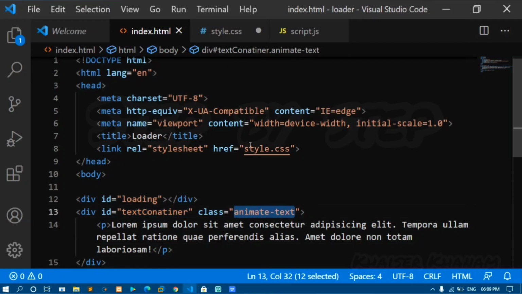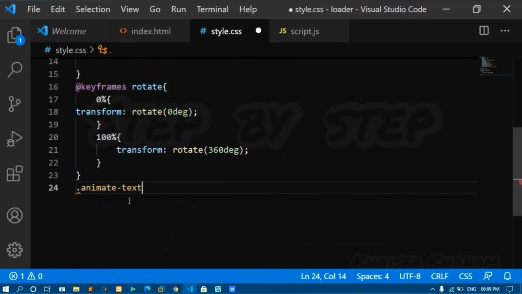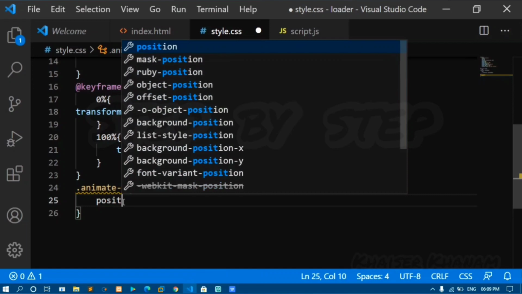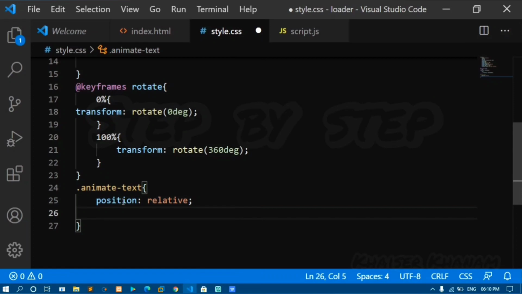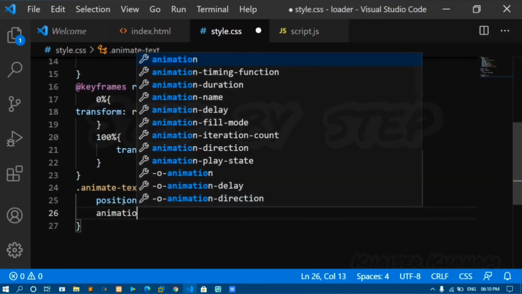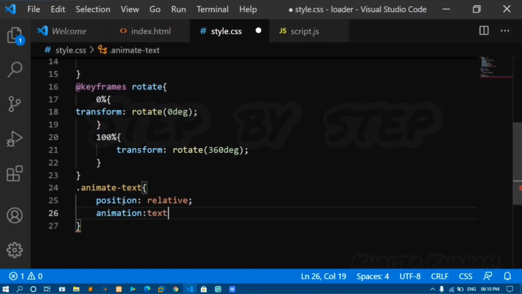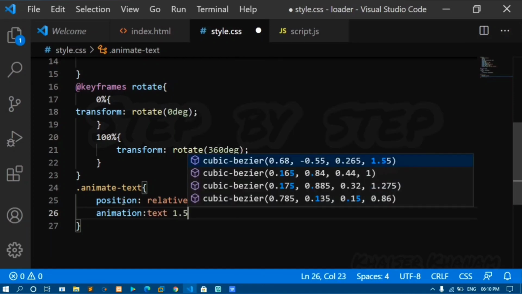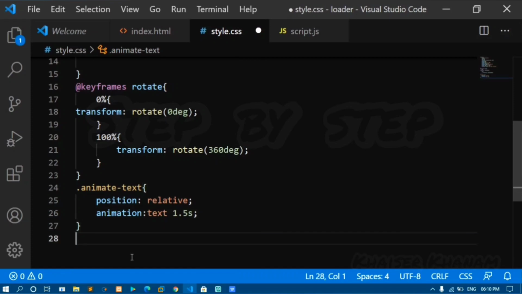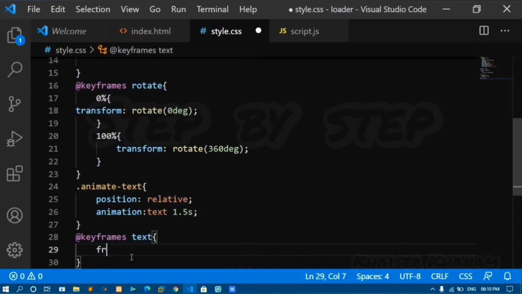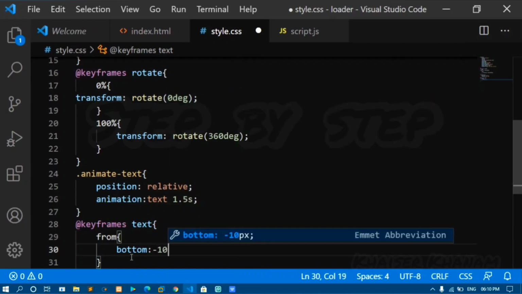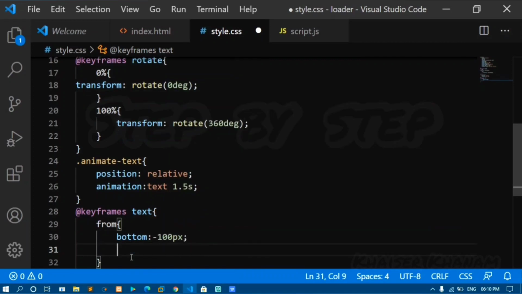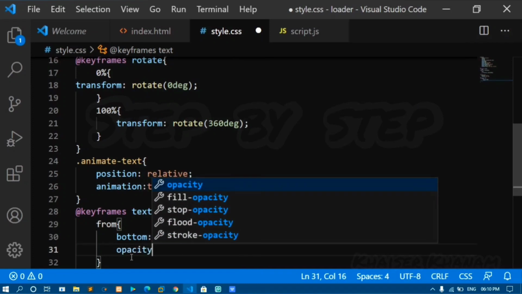I'll copy this one. Come to style.css. I'll paste it here. It's animate text. I'll give position relative. I'll add animation property. I'll give the name as text, and after 1.5 seconds it should appear. Now I'll write keyframes text. So from bottom -100 pixel, I'll change the opacity to 1